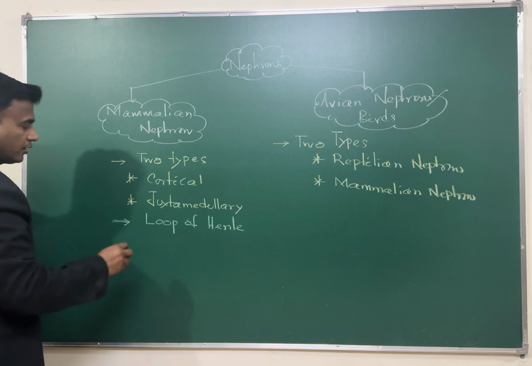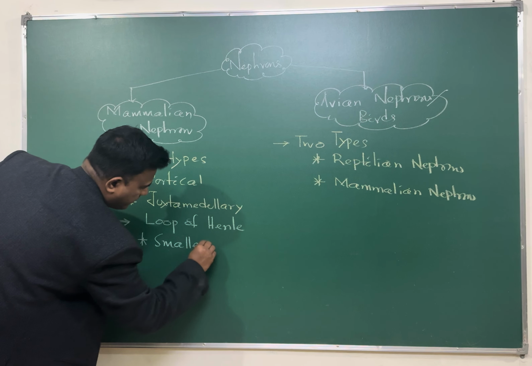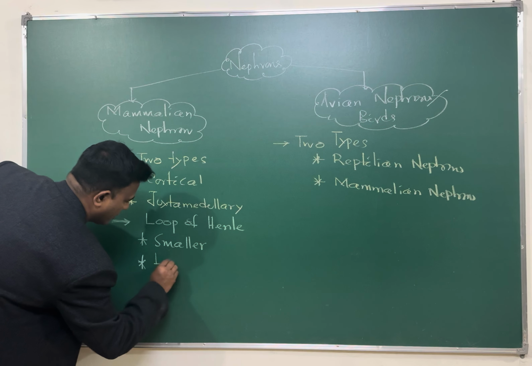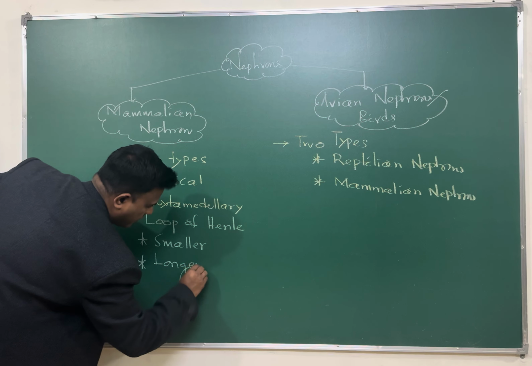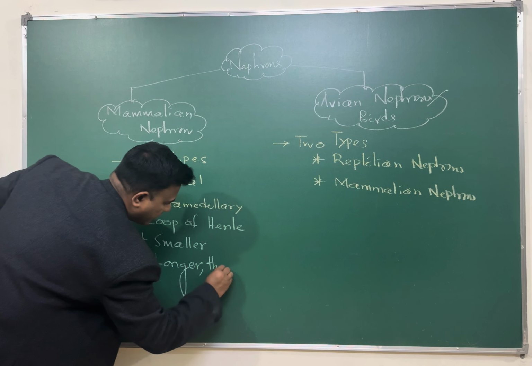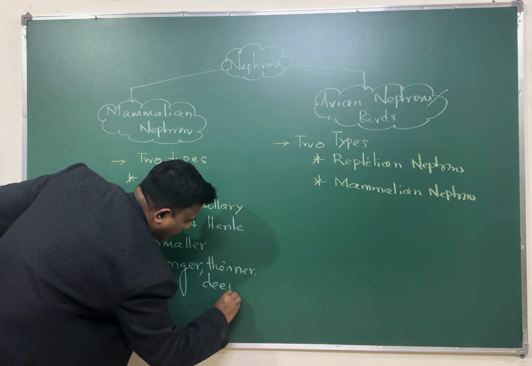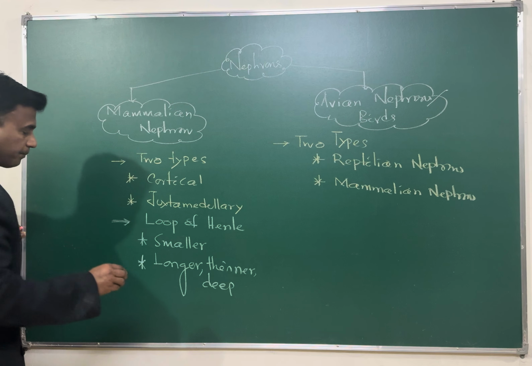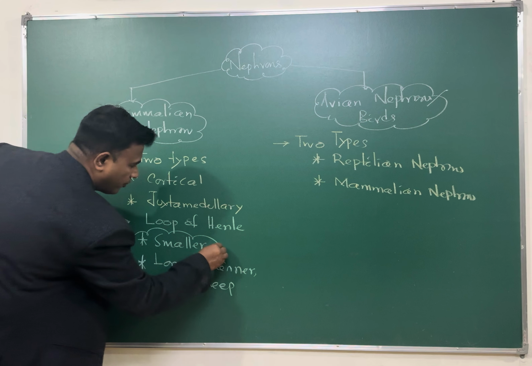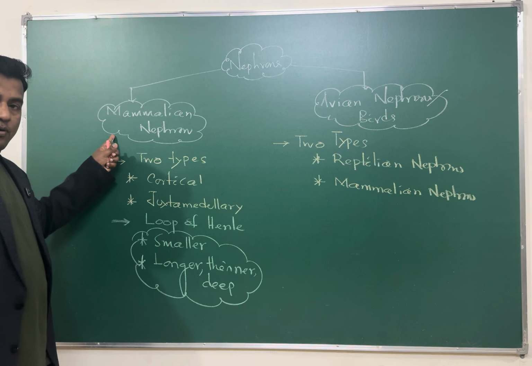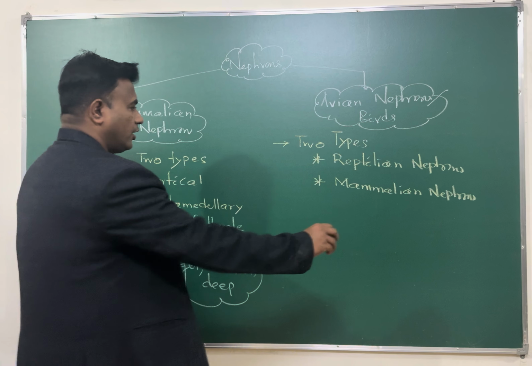So loop of Henle in the cortical nephrons, if I compare, is a little bit smaller, but once I come to the juxtamedullary, it is longer as well as thinner, and they are deep seated towards the medulla. That means loop of Henle is an important structure of the mammalian nephron,